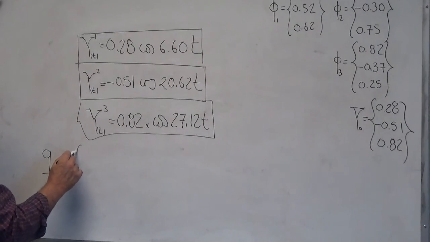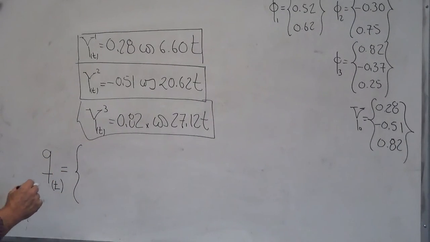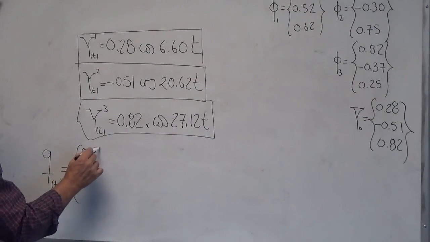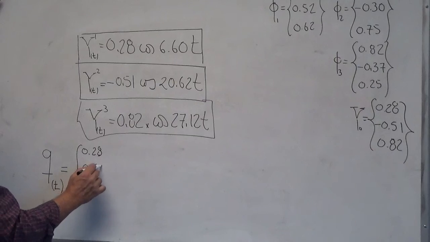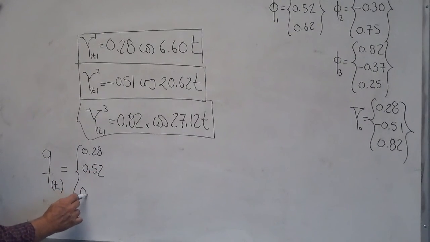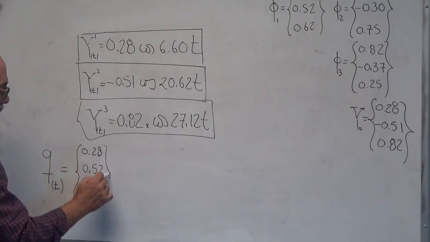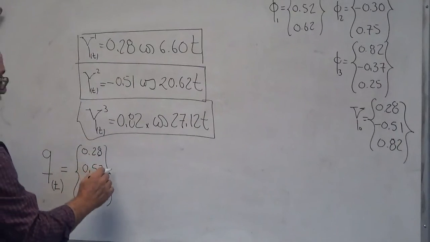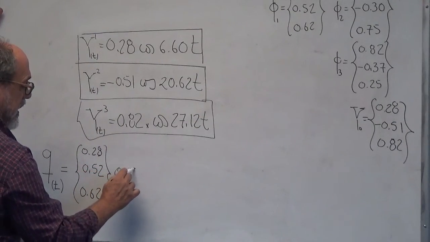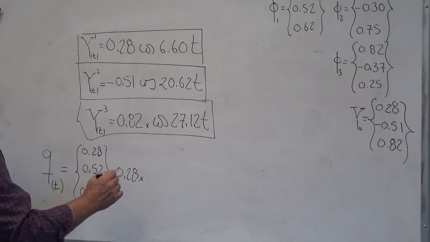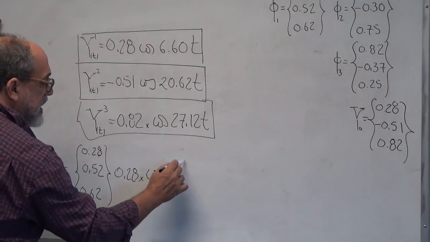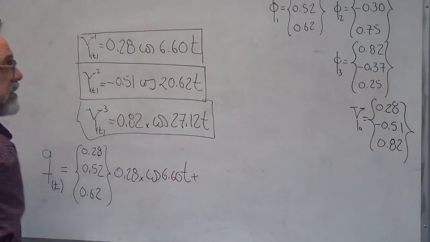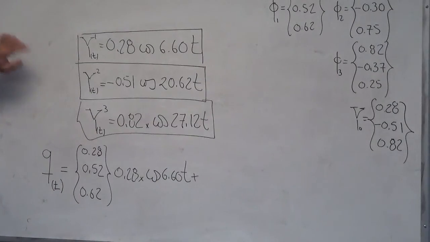So let's be explicit. Phi 1 is equal to 0.28, 0.52, and the last entry is 0.62, and y1 is 0.28 times the cosine of 6.60 t